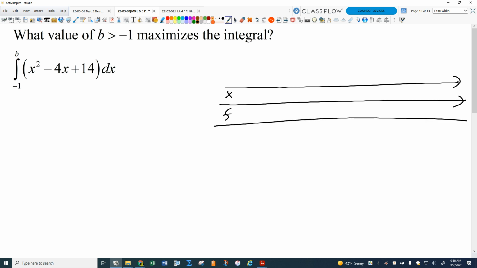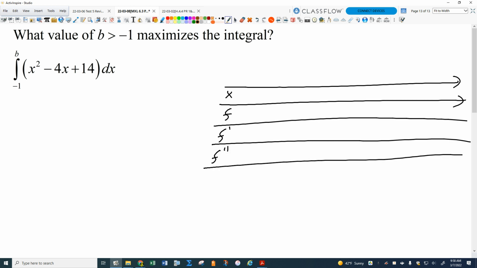we'll just call it f. We'll just call that our area function, okay? We know that the derivative with respect to x of f is just equal to x squared minus 4x plus 14 by the second fundamental theorem, right? So then all we have to do here to find our critical numbers is just set that derivative equal to 0. So what are the critical numbers here? If I set this thing equal to 0 and solve,